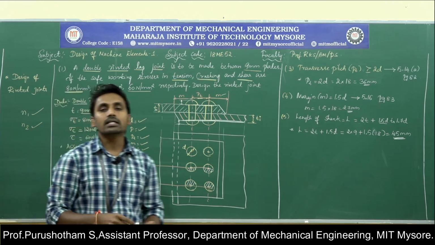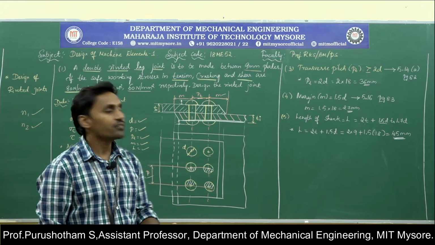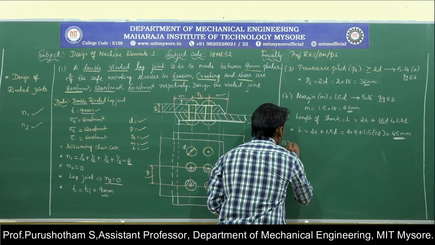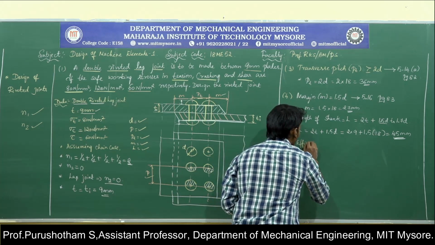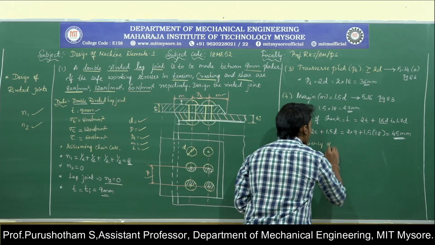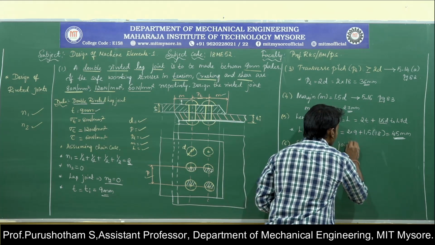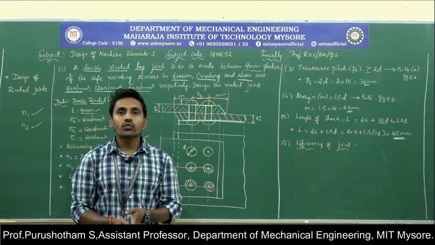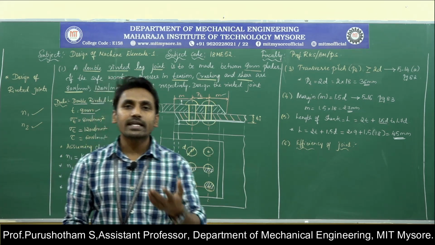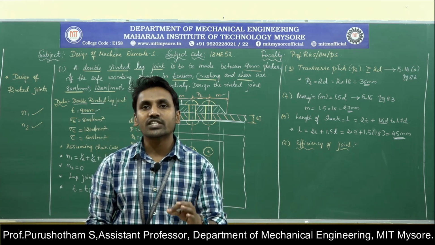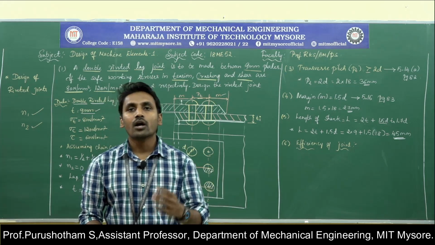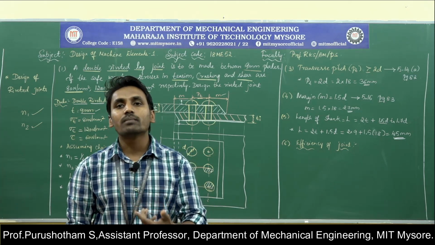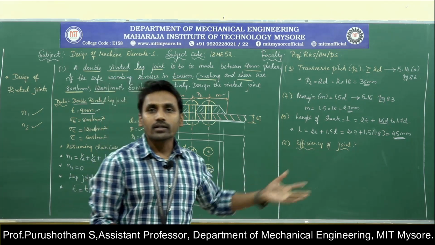Next, the margin is over, and the length of the shank is also over. Now we are moving on to check the efficiency of the joint. Step number 6 is the efficiency of the joint. In this, we need to calculate the efficiency of the plate, the efficiency in crushing, as well as the efficiency in shear. Out of these three efficiencies, the least value will be the efficiency of the joint.